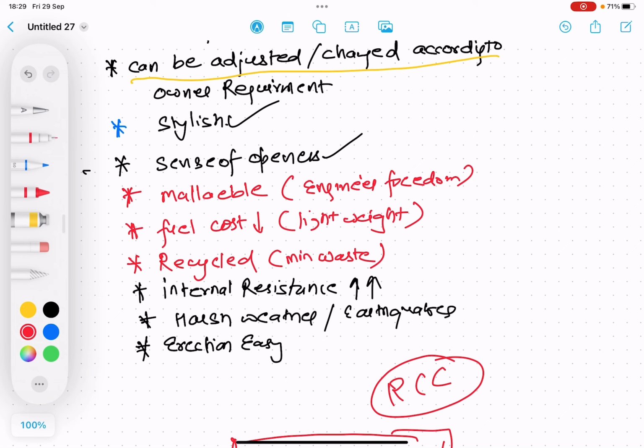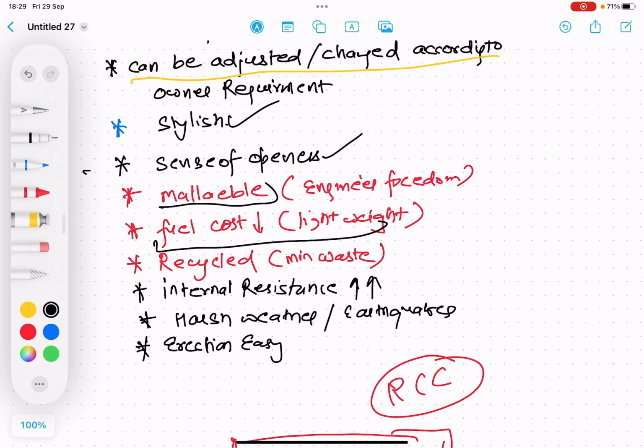Okay, malleability. Steel structures are malleable, so you can easily shape them according to the will of the engineer, who has the freedom. Suppose there is a concrete structure, if you hit it with a hammer, then it will break down. But if you hit a steel structure with a hammer, then you can give it the shape that you want to give it. And another thing is that suppose there is an erection of some element in the metro construction field. If you compare for the same strength,